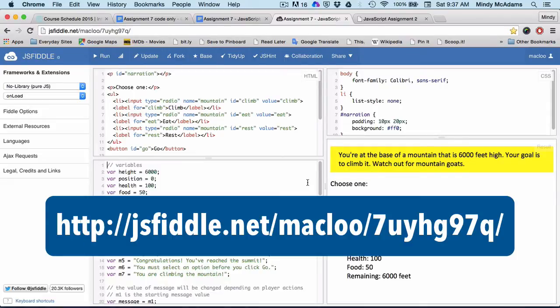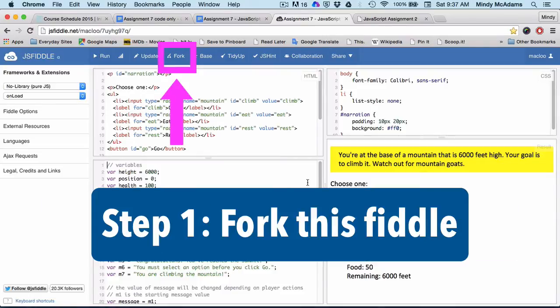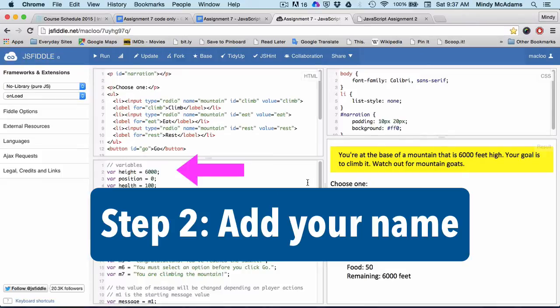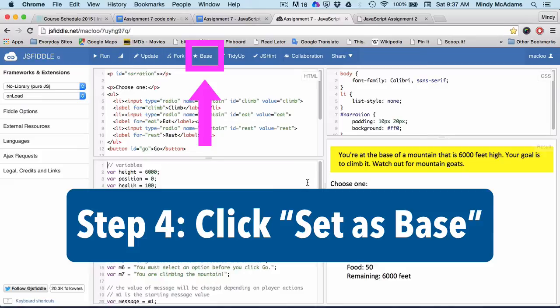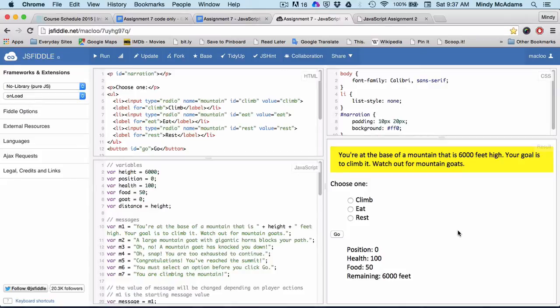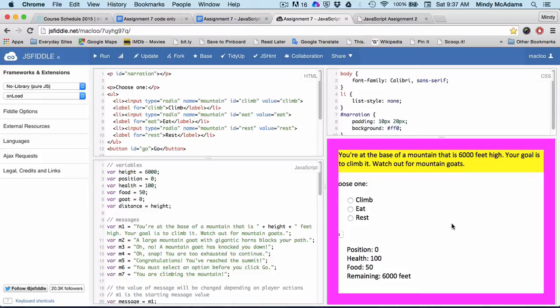So you're going to open this file, you've got the URL, you are going to fork it, you're going to write a new comment at the top of the JavaScript pane, then you will update, and most important, you will click Set as Base so that you can save your work. Then, when you've got your own copy, all right, so first, the lower right panel is what you would see